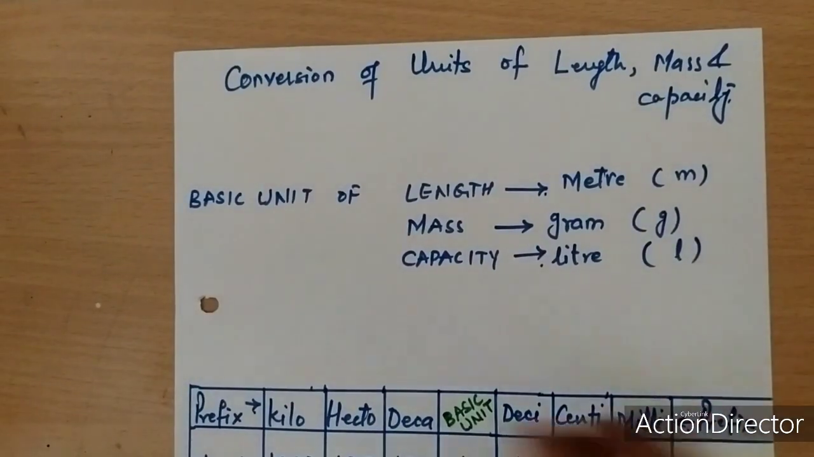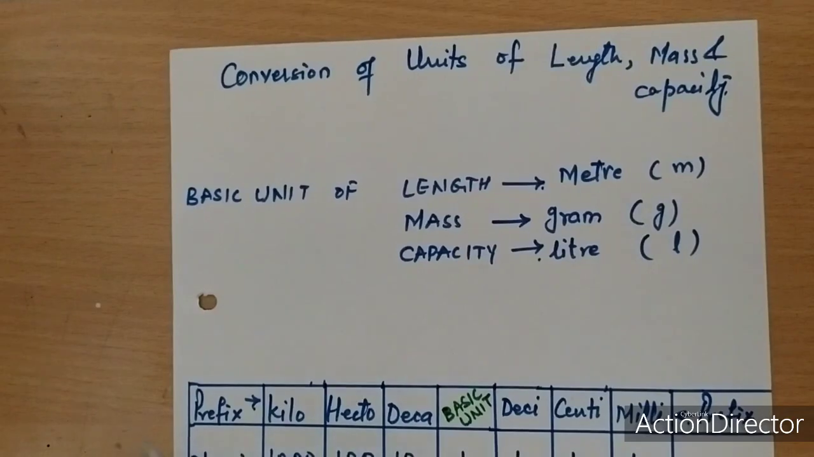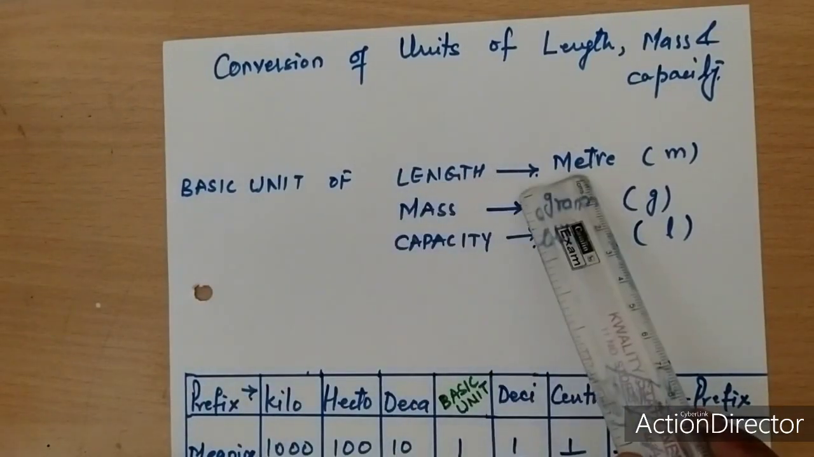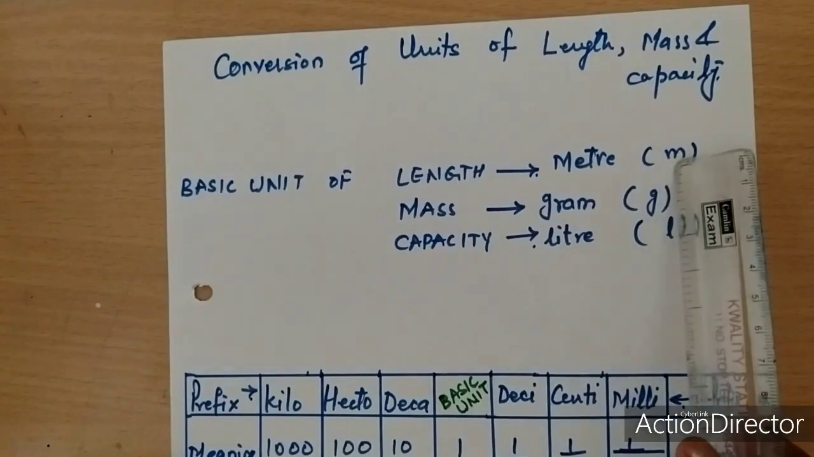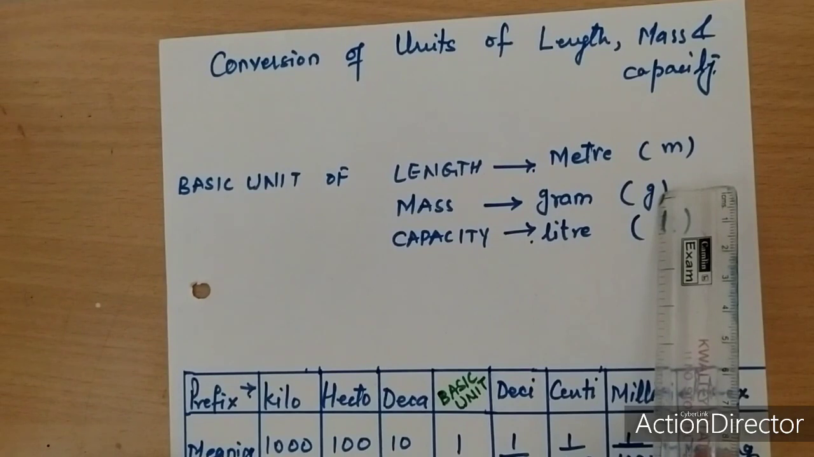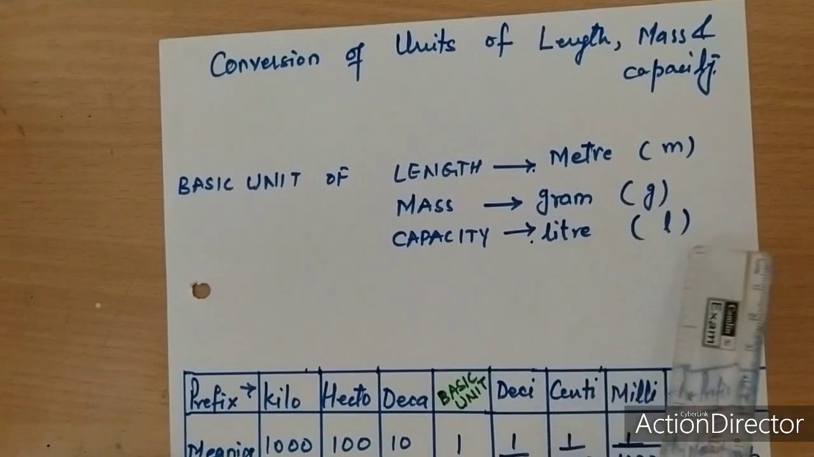Hello everybody. Today I am going to give a trick on how to convert units of length, mass and capacity. First of all, we should know about the basic unit and the meaning of the prefix also. The basic unit of length is meter, which is represented by small m, mass is gram, represented by small g, and the basic unit of capacity is liter, which is represented